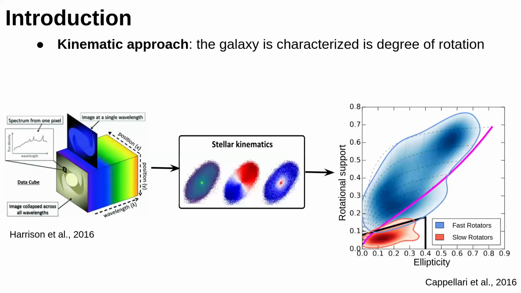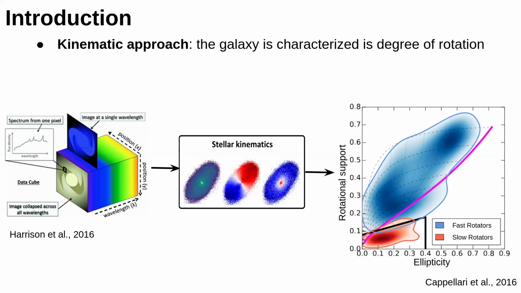Nowadays, we are a bit more lucky because we have integral field spectroscopy. Integral field spectroscopy allows you to measure at each spatial position of your galaxy a spectrum, okay? And from the spectrum, you can infer not only the surface brightness of your system, but also the motion, namely the ordered motion, the line of sight velocity, and the velocity dispersion. Using this information, you can now classify galaxies based on rotation, whether they are fast rotating galaxies or slow rotating.